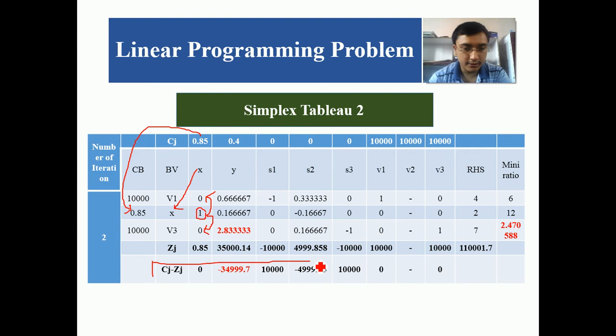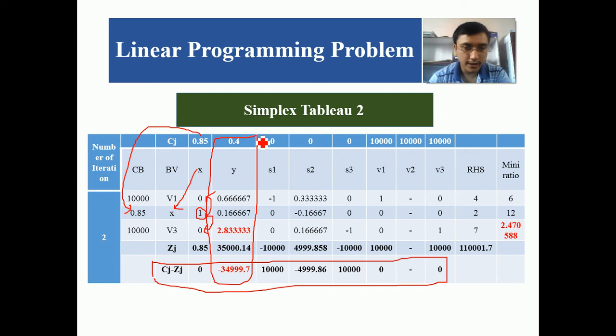We will see the last row. हामी last row हेर्छौं, last row को most negative number भएको column is the pivot column, and we will find the mini ratio in the same process, that is RHS divided by the pivot column elements. pivot column मा भएको elements हरुले respective RHS लाई divide गर्छौं, that is 4 divided by 0.6667, 2 divided by 0.1667, 7 divided by 2.833 र mini ratio minimum भएको row लाई हामी pivot row भन्छौं,